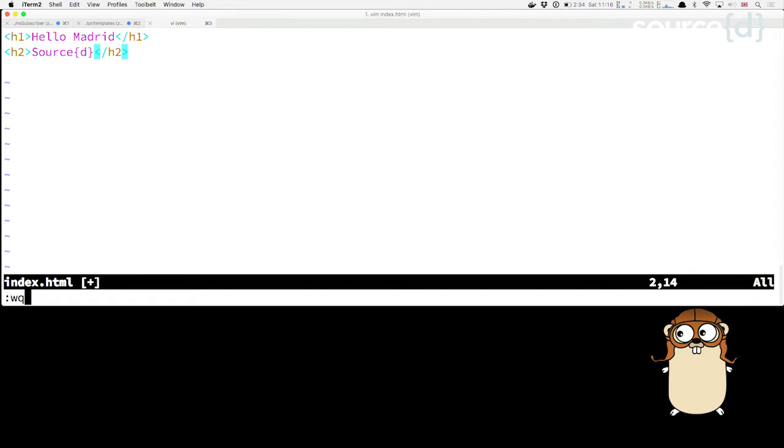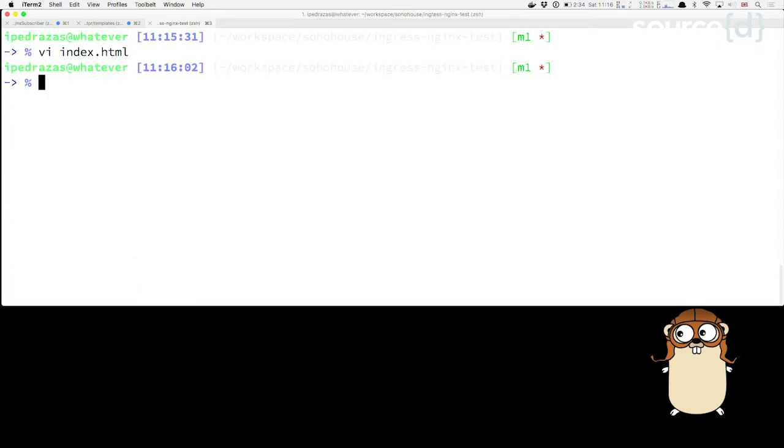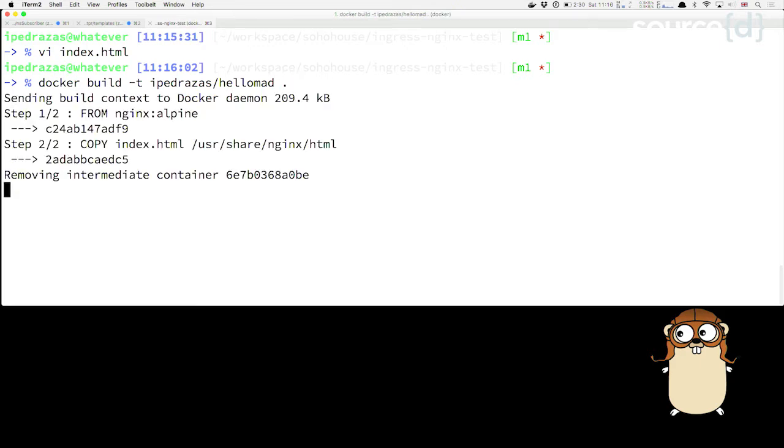Then we have a website. Now, what do we do now? We build a Docker image. Now we can run this Docker image in my laptop, and I can run it in many places.